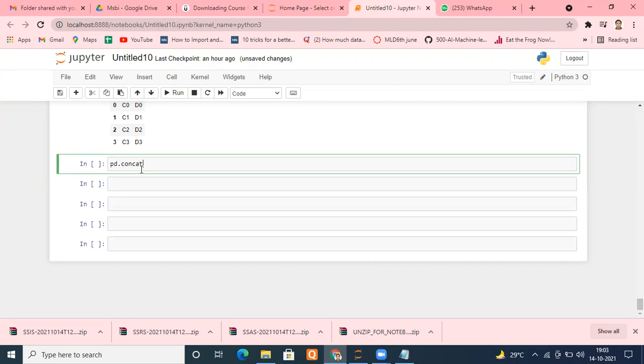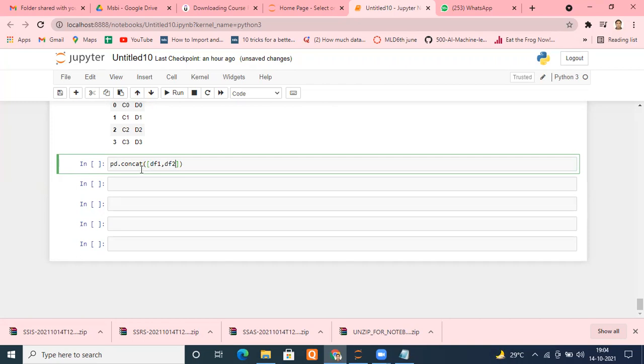Okay, bracket, create a list, and in this list, pass on your data frames, whether they are 2, 3, 4, 5, 6, doesn't matter, as many as you have. How many do you have? You have just 2 right now. So type df1, df2,